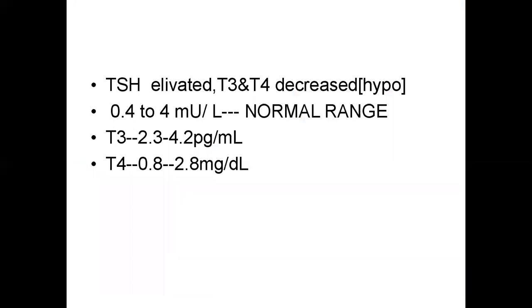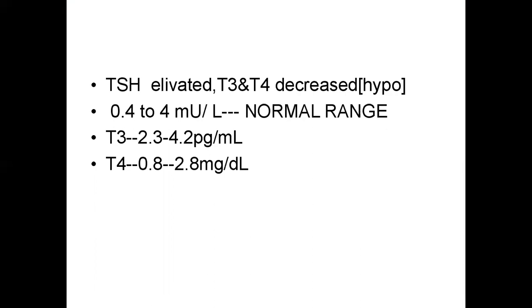Diagnosis of thyroid diseases is dependent on TSH levels, T3 and T4. Among these three, the main thing is TSH, thyroid stimulating hormone. We have to look for the TSH first. If the thyroid stimulating hormone is elevated, due to the negative feedback mechanism, T3, T4 are decreased. That's why it is increased. So we can label that patient as hypothyroid, where TSH levels are elevated and T3 levels are decreased.